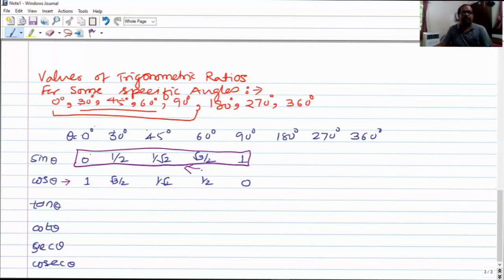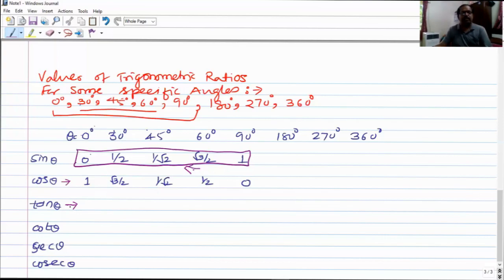So in this way you can keep the values of the trigonometric functions in mind. Only the first line you should know, the remaining values you can just tabulate in your notebook. While giving the exam also, you can write all the values in the rough page of your answer book and then refer to it while solving the examples, right? So students, here we have the value of cos theta.